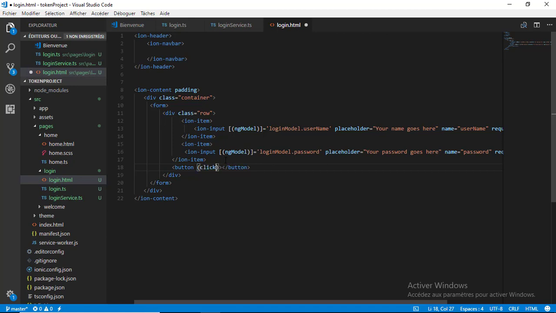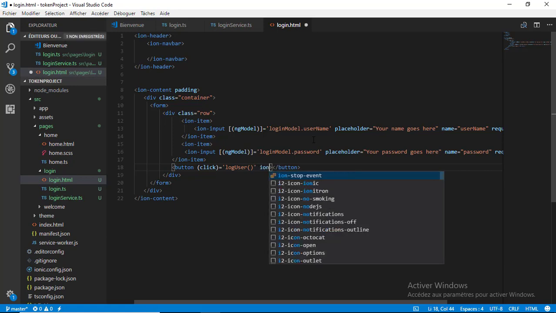So click, and here we are going to create a method inside our component called logUser. This method will use the service that we are going to create a bit later, which is called login service. So this is the logUser method, and don't forget to add the ion